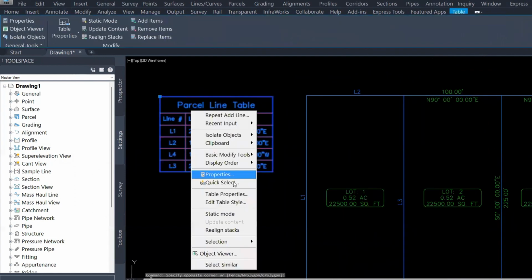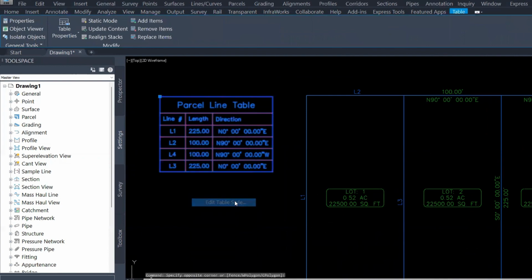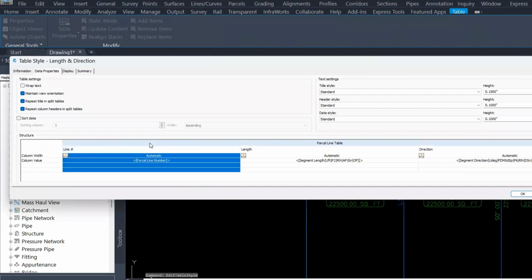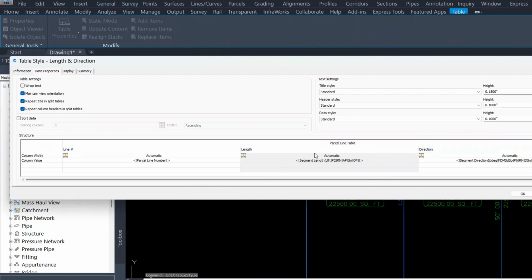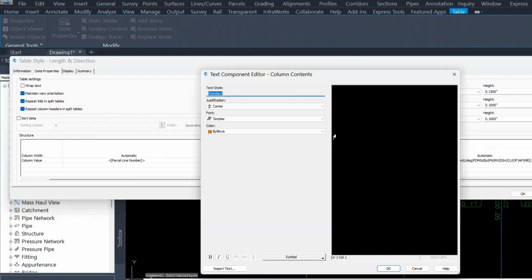If you want to edit any of the table styles, you can right click and edit label style. Right here, it lets you add new columns with new information. The way you do it is, in whatever position you want, you click the add button and it brings in a new column, which in this case it brought in over here. It lets you select the name, and we could create a new column that tells us our,